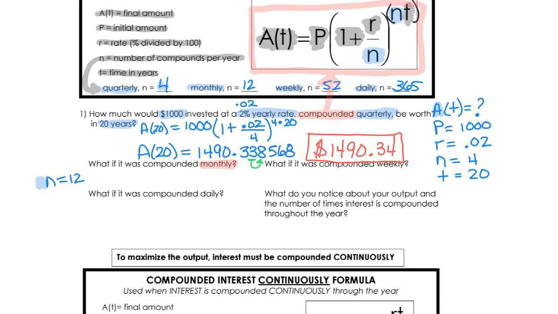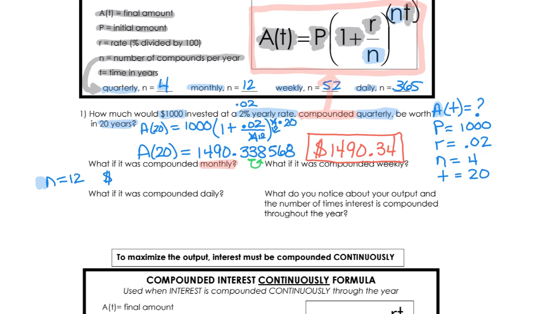So basically, guys, take what you just typed into your calculator and change your 4 to a 12. And when you change your 4 to a 12, don't forget to change the second 4 to also a 12. And you retype that in, you're going to end up with,